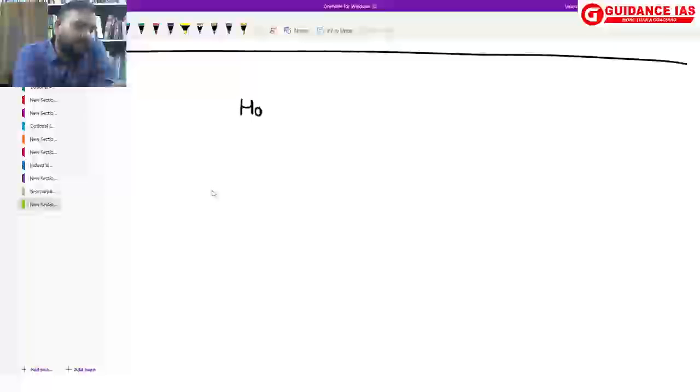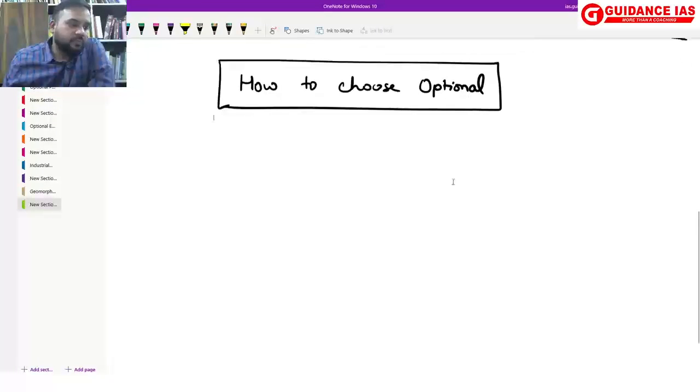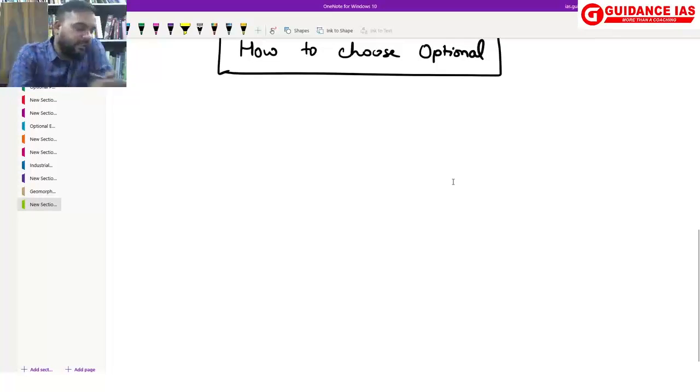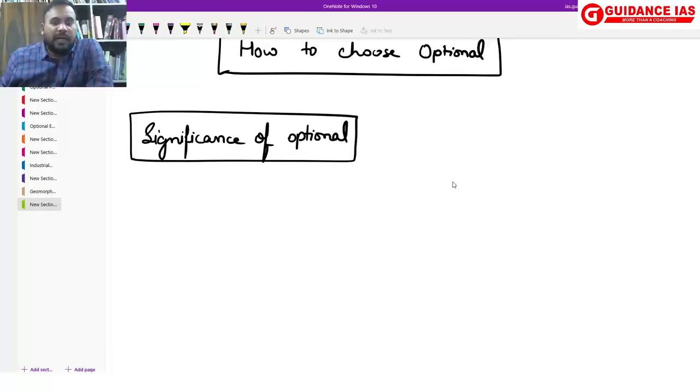First thing is we are going to talk about how to choose optional. Now, first thing is the significance of your optional in UPSC. And there are two eras with respect to the significance of the optionals, and I would say these two eras are, the significance of the optionals was